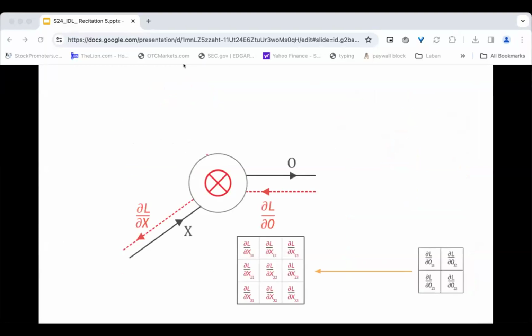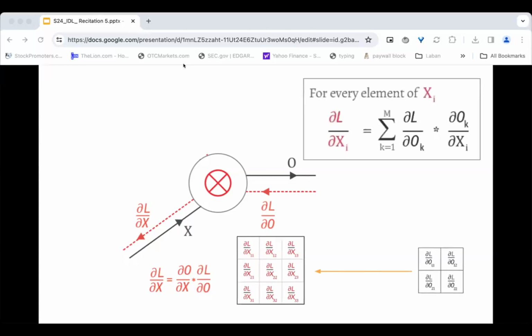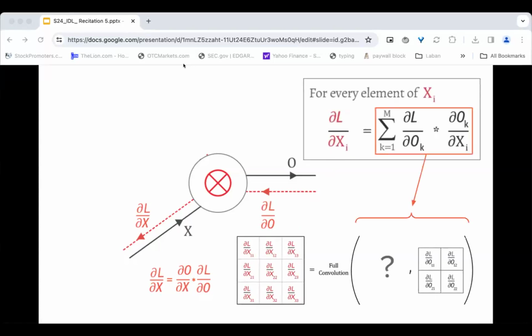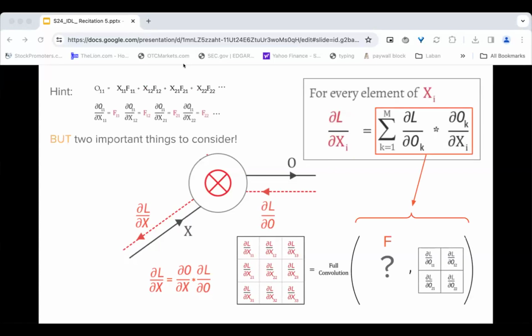Now, what about solving for dL/dX? We know that using the chain rule, dL/dX is equal to dO/dX times dL/dO. And since O and X are matrices, dO/dX will also be a partial derivative of a matrix O with respect to a matrix X, as shown in this formula, again using the chain rule. So given that dL/dX is represented as the output of a convolution, can you guess what matrix goes in this empty space? Here's a hint, where we differentiated the first element of O with respect to the elements of X. So it is